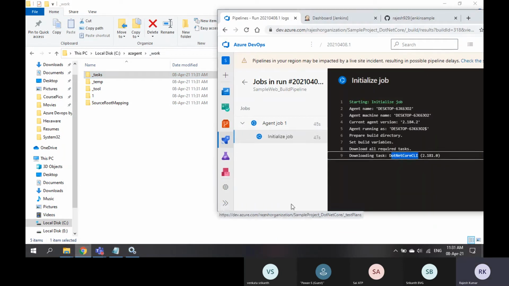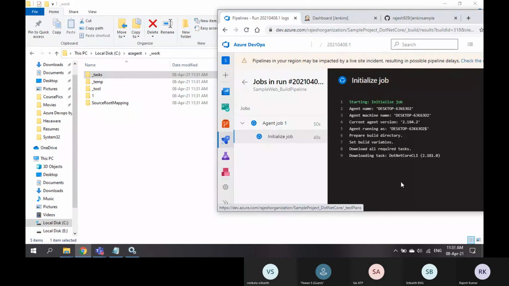Yeah, these are something new for me as well. Maybe I have done it, but I forgot. So now what it is doing, it is downloading all the required tasks first. Once it downloads, then it will start the build job. Before the build job, it will check out all the source code into local.